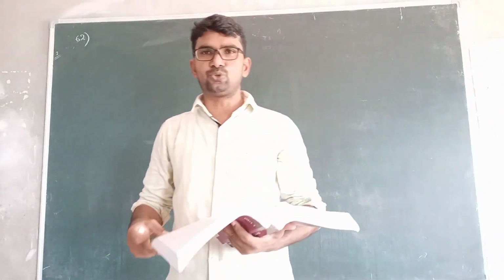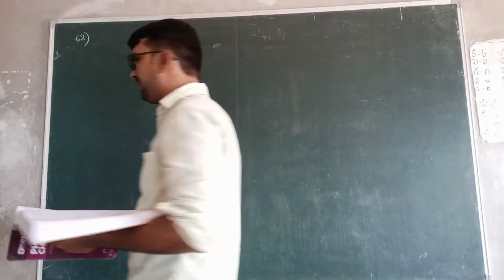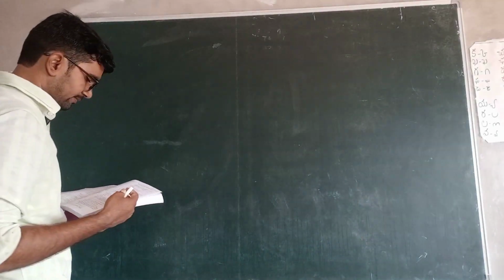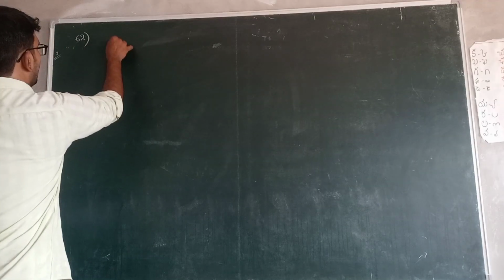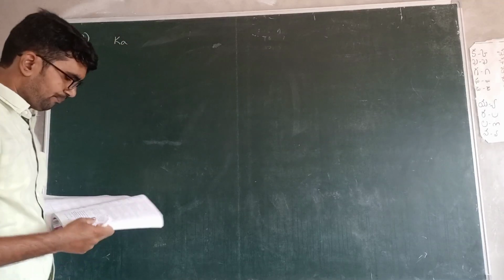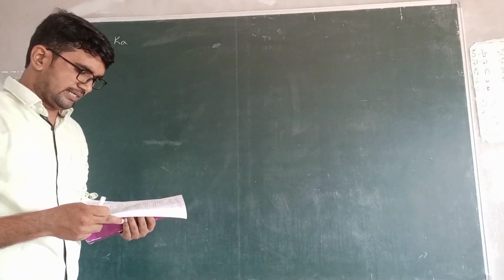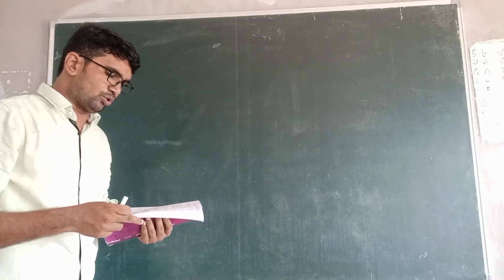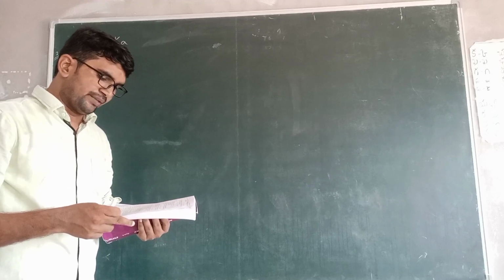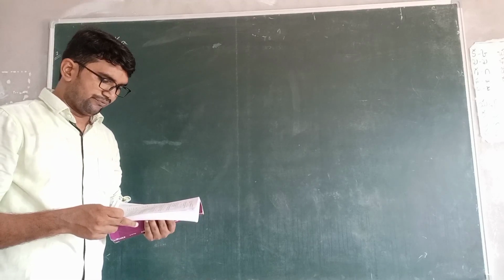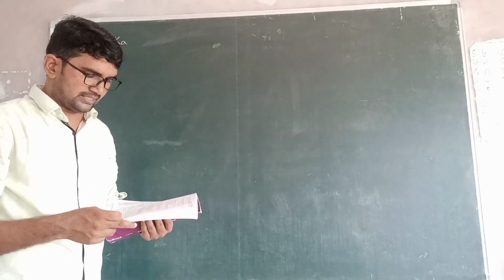Now problem 62. A solution of a weak monoprotic acid has dissociation constant K. It is a weak monoprotic acid and its K is given. The minimum initial concentration C such that the concentration of the undissociated acid can be equated to C within an error of 1% would be.